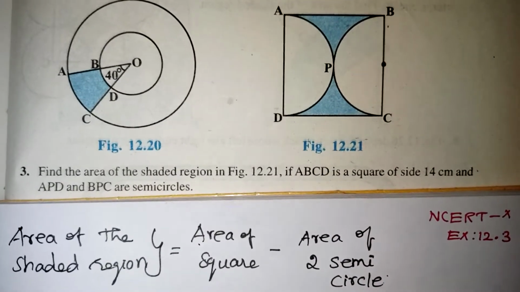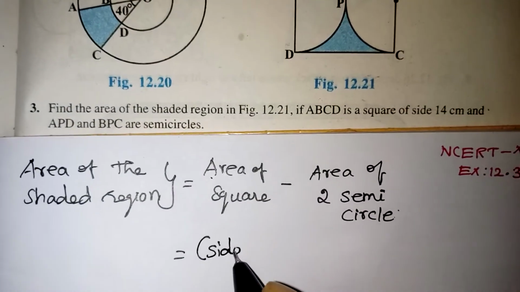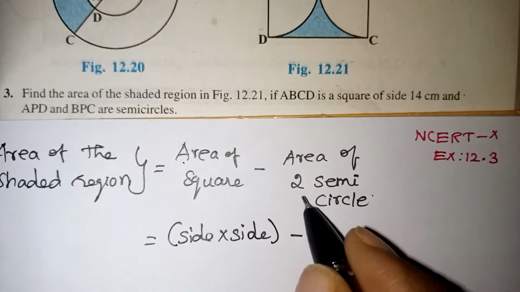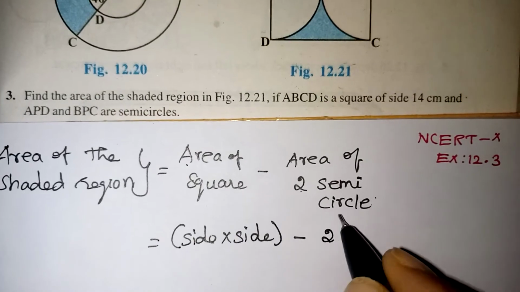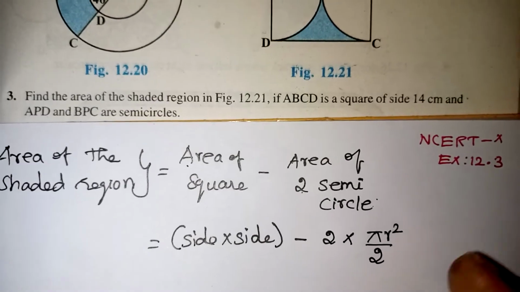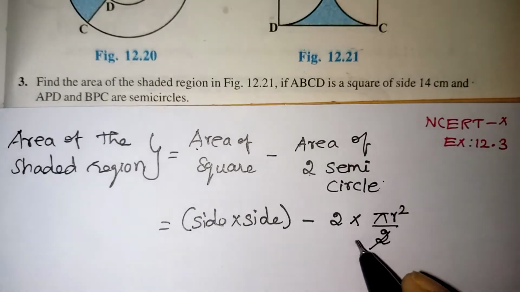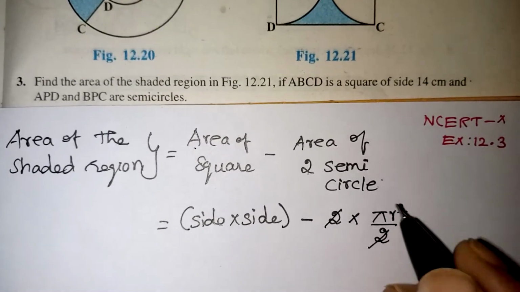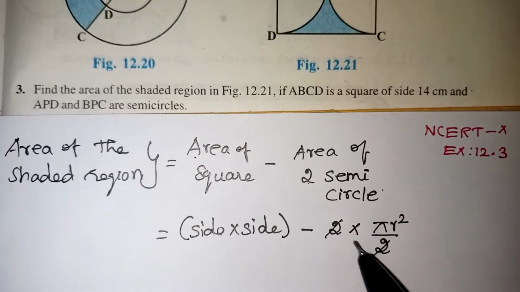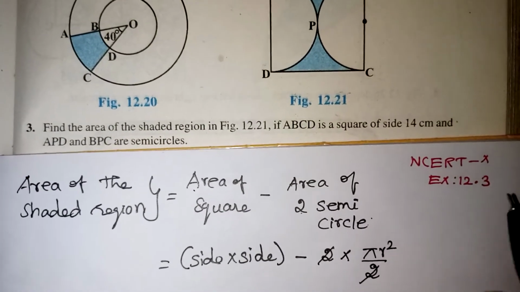Now let us write the formula here. Area of the square, our formula is side into side. Minus area of the two semicircles. So for two semicircles, first you just take the 2. For a circle, the area formula is pi r squared. For a semicircle, pi r squared by 2. So pi r squared by 2 is the area of the semicircle. For two semicircles, we have to take the 2. This 2 will get cancelled. Logically, when two semicircles are added, it will give you one circle. But anyway, you have to write it in this way. You have to show you have taken 2 times the semicircle. You have to show it in your exam also.